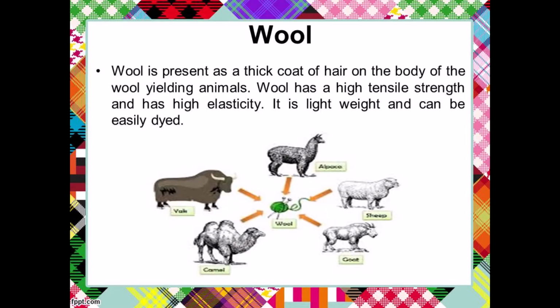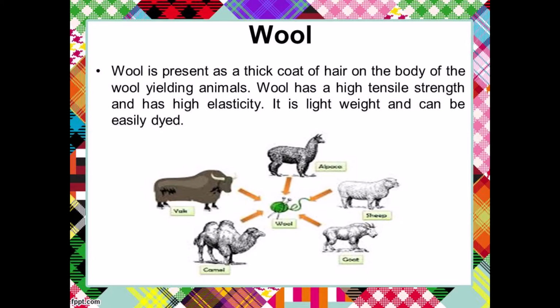Now first we will discuss about wool. We know that we wear woolen clothes in winter. Do you know why we wear woolen clothes? Yes, because they keep us warm. They keep us warm because air gets trapped in the spaces between the wool fibers. And since air is a bad conductor of heat, it does not allow the body heat to escape